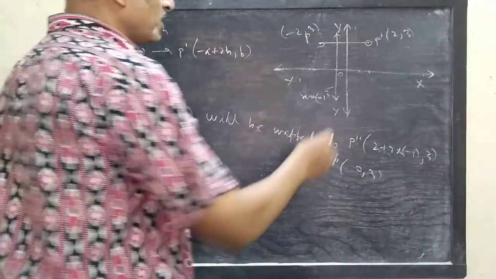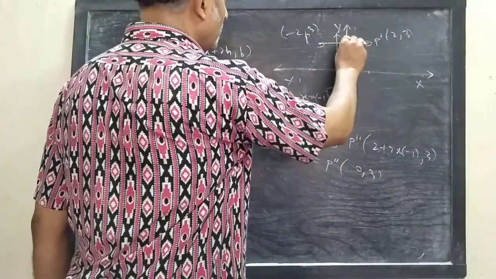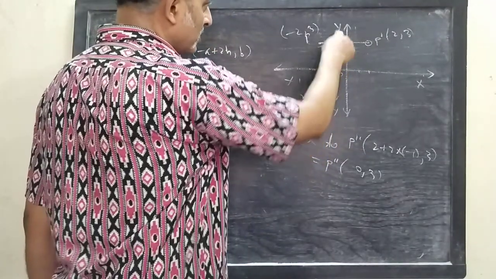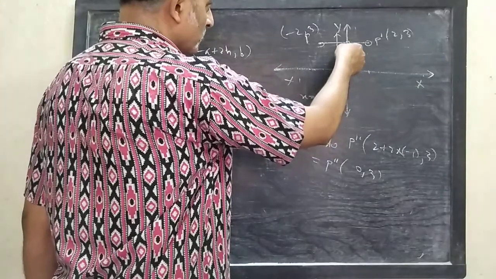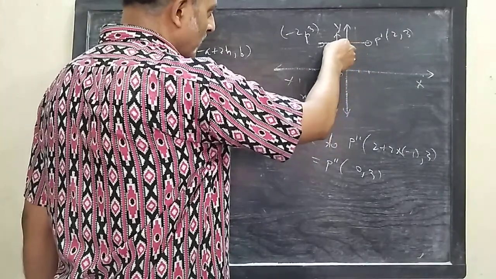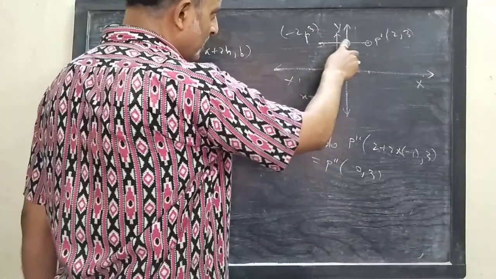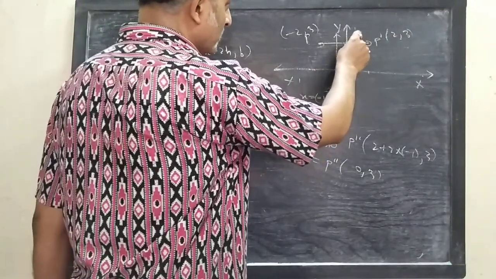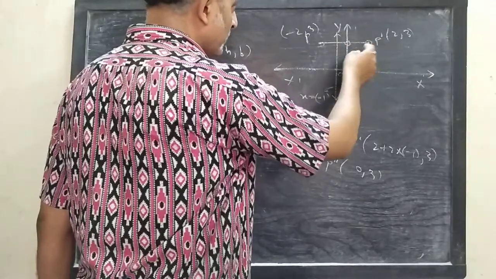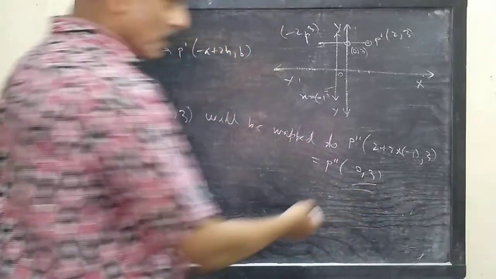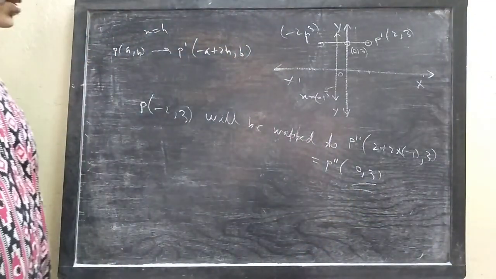So simple geometry. Look, the point will be here. The point here is minus 2 comma 3. This is x equals to minus 1. So to measure the distance, this is 1, this is 2, 1, 2. So when this point is reflected in this line, the point goes to this point, and its ordinate remains fixed 3 and abscissa will be 0. So this point will be 0, 3. Our calculation also gives us the point 0, 3.